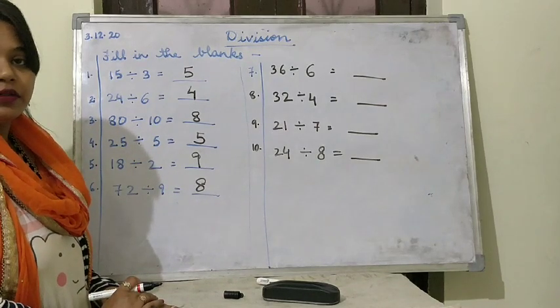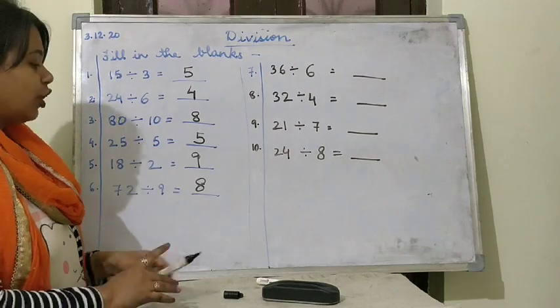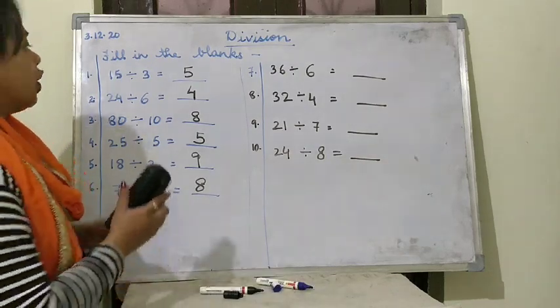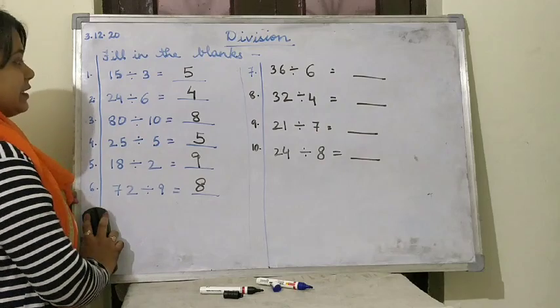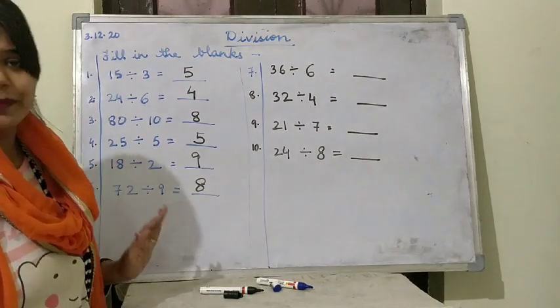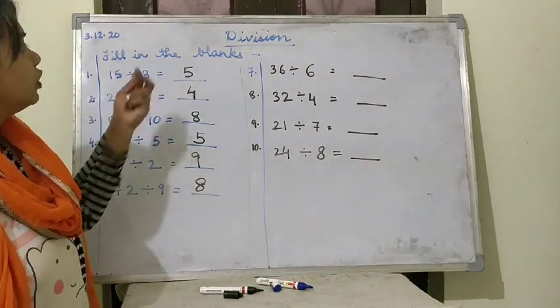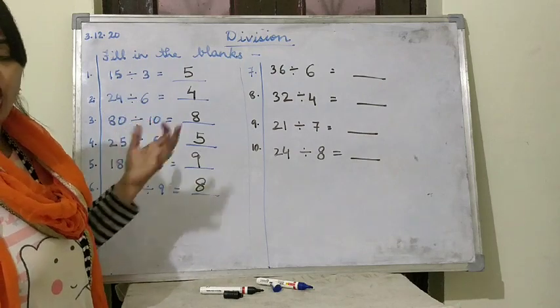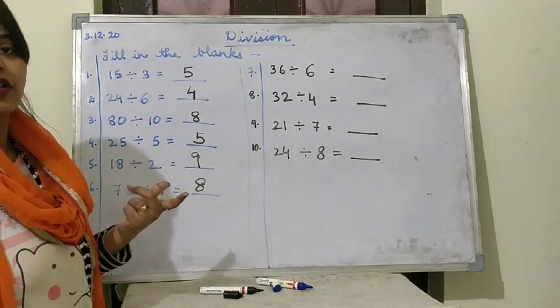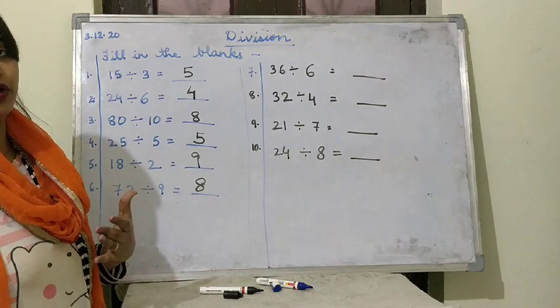Any confusion? No. Okay. Now we will be beginning with the division exercises. I hope this is clear. This is quite simple, boys. If you know the tables, you can do the division automatically very quickly. Right? So learn the tables again and again, I am telling you.